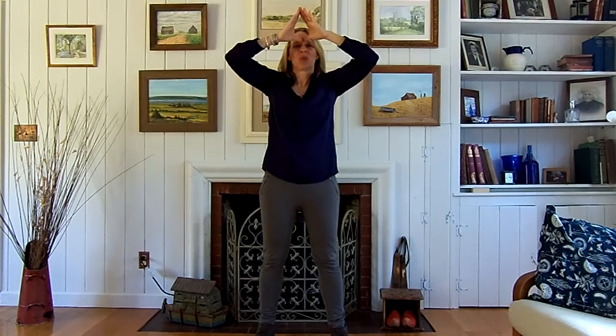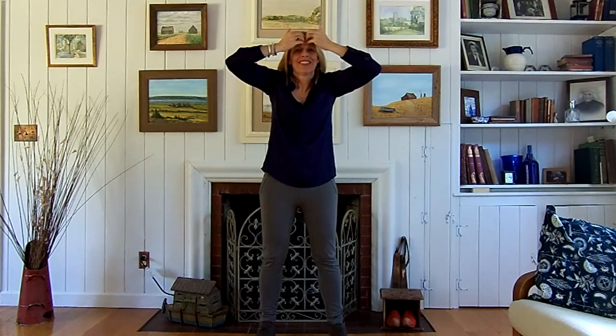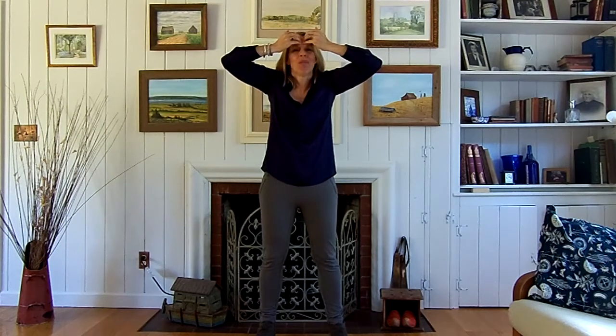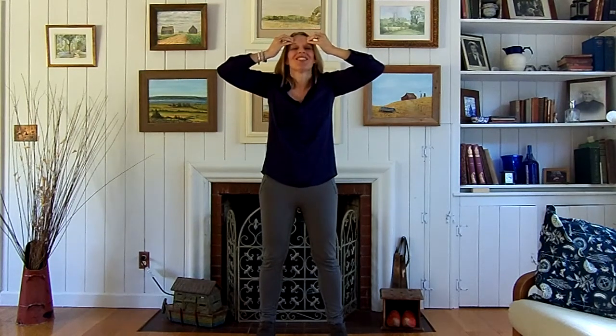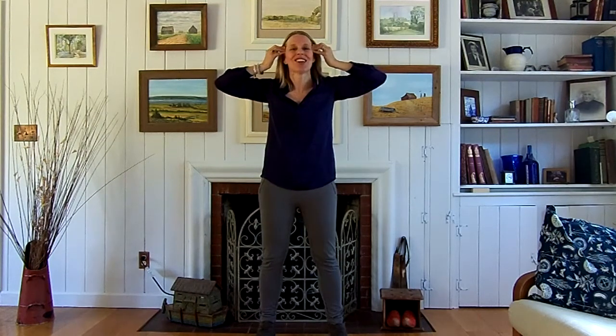And now finally, we are going to open the curtains and open up our brain to learn. And so we're going to take our fingers, turn them inwards, place them in the middle of our forehead and press inwards and pull open those curtains so we can open up the window of our frontal lobe to learn, and pull those hands